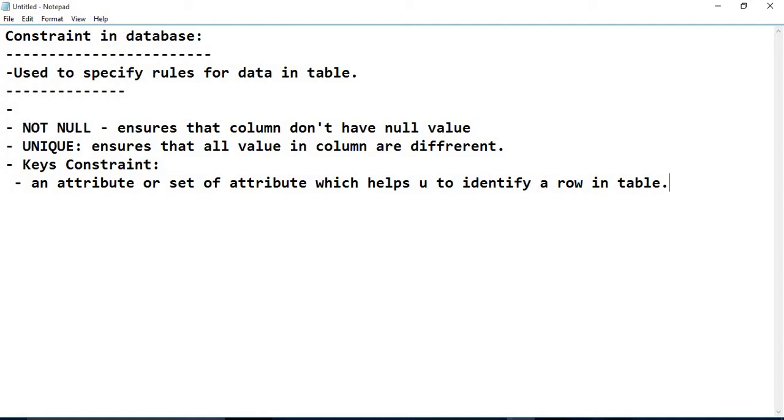There are various keys, but in this video we will discuss only primary key and foreign key.